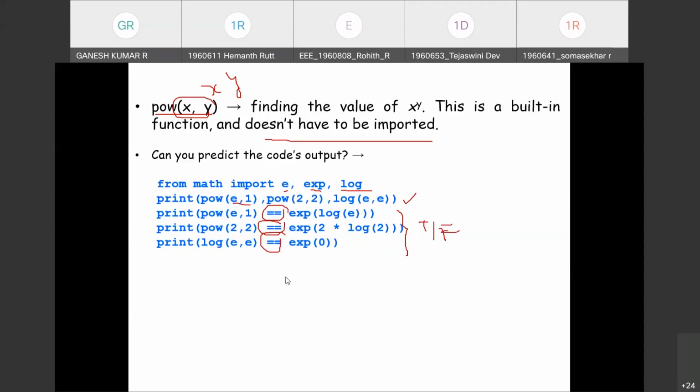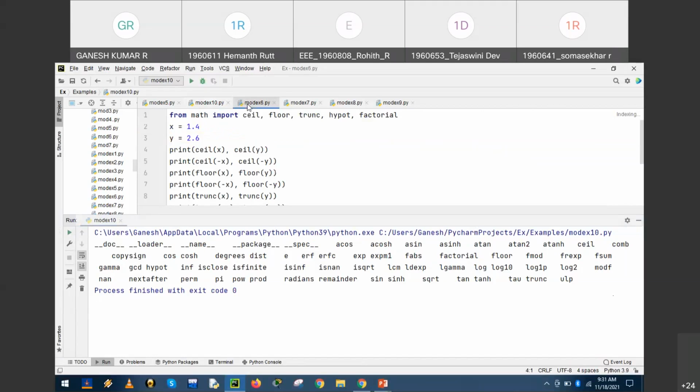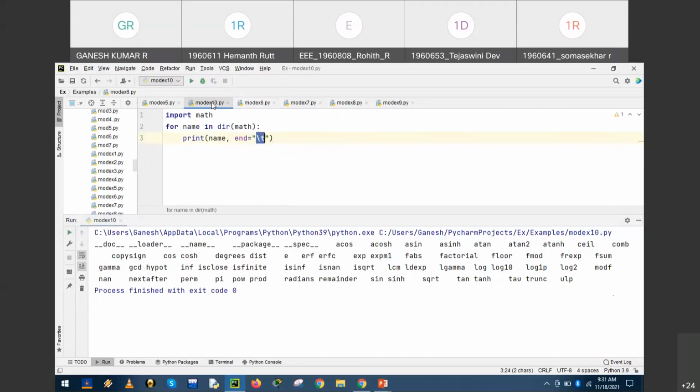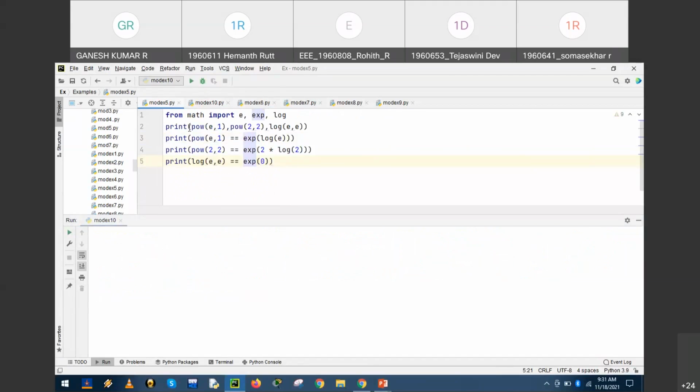Let us check this statement, as I have already worked out this example. From math, import e, exp and log. pow of e comma 1: e is the already mentioned constant value. pow of 2 comma 2, x comma y, represents x power y, which is equivalent to 2 power 2.